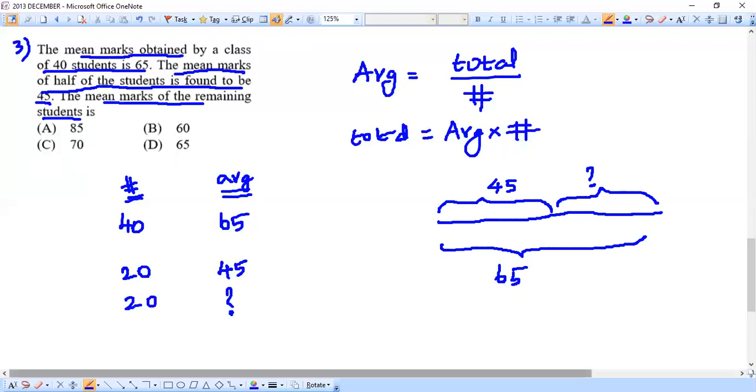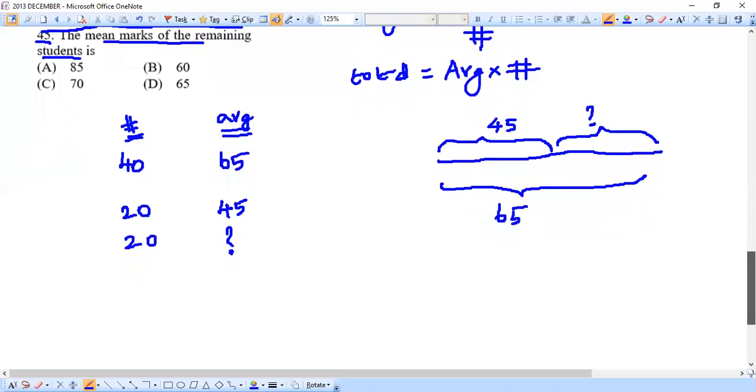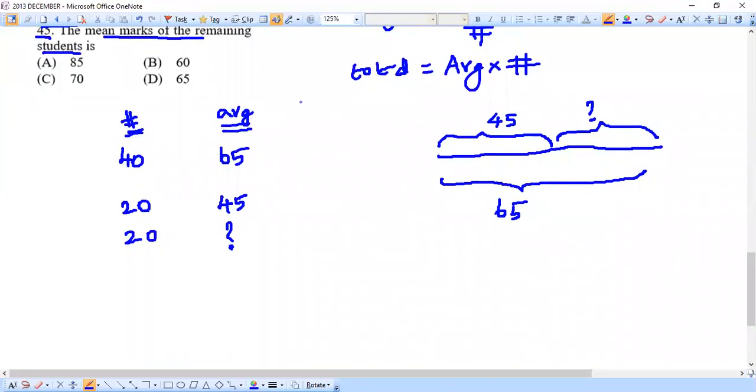Now let's have an approach to solve this question. Let's take some more space here. Let's maintain a new column here, total, because we have average as well as number. So when we multiply them, we can get the total. See here, for the 40 students, the average is 65. So what would be the total for all the 40 students? It's simple. We can just do 40 into 65. Just think of what is 4 into 65. 4 into 65 will be 130, 260. Insert one more zero here, we get 2600.